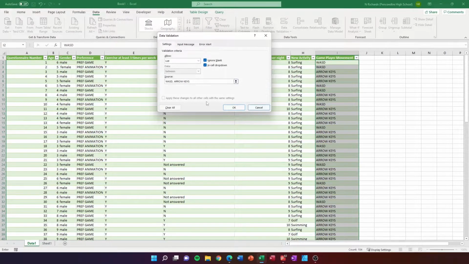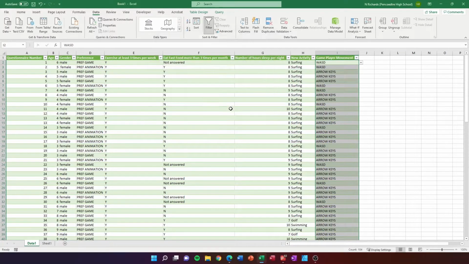I'm happy with that. This again would be my screenshot I would show to the examiner if I'm keeping track of what I'm doing. Click OK. And if you look, you click in any one of these now, there's a drop-down list. And that's all there is to making a drop-down list. You can do that on here, here, here, and here if you were using this one as your example, but you've got your coursework, so you've got to identify which section